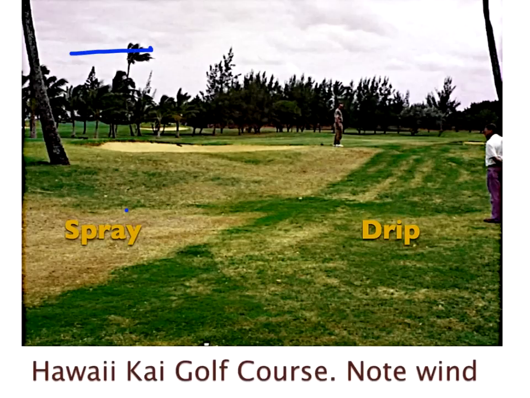Now you can see, look at the wind. Just look at that tree there. And around the houses, you're not allowed to spray within a certain distance of the houses. So around the houses, they put in drip. And you can see how much greener and better the drip field is than the spray field. And I believe they're both getting the same amount of water, and that, of course, is because of the wind effect. And when it comes to reuse, that wind effect is very important.